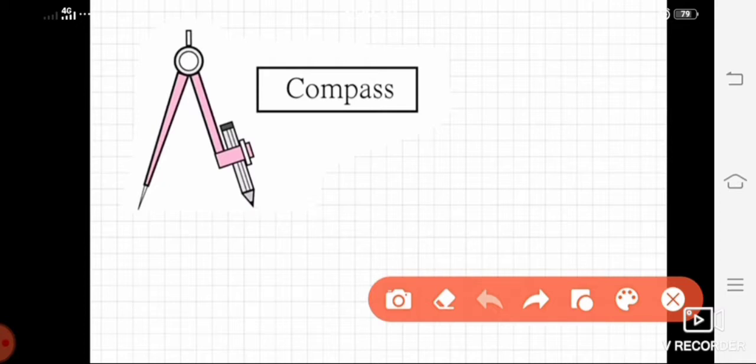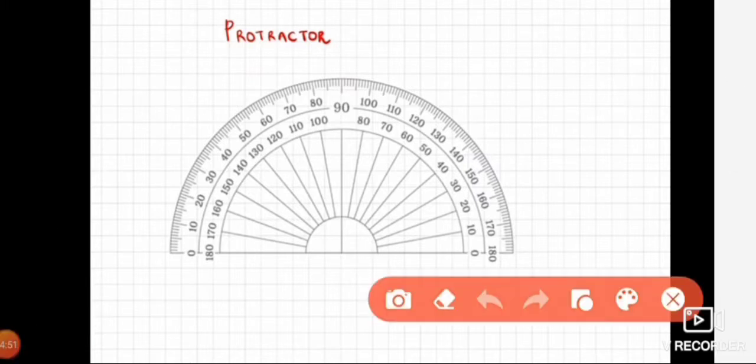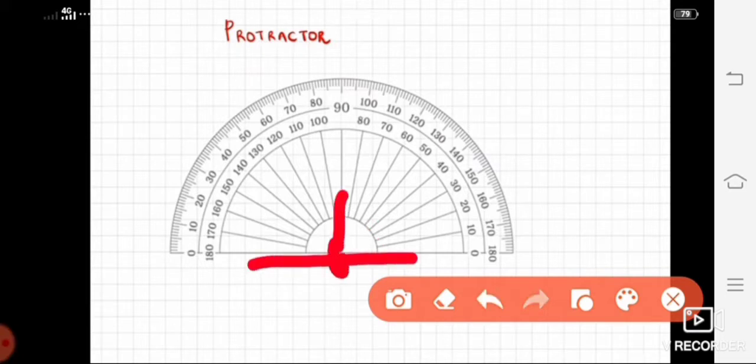Okay, now the next instrument let us study, that is the protractor. We will study about it in detail now. See, this semicircular, it is a half circle, yes or no? So it is called semicircular. This instrument is called a protractor. Now if you look at this image carefully, here you can see a line in this way. This is one line and this is horizontal. So this middle portion, which I made a little bit dark or broad, is called the center of the protractor.